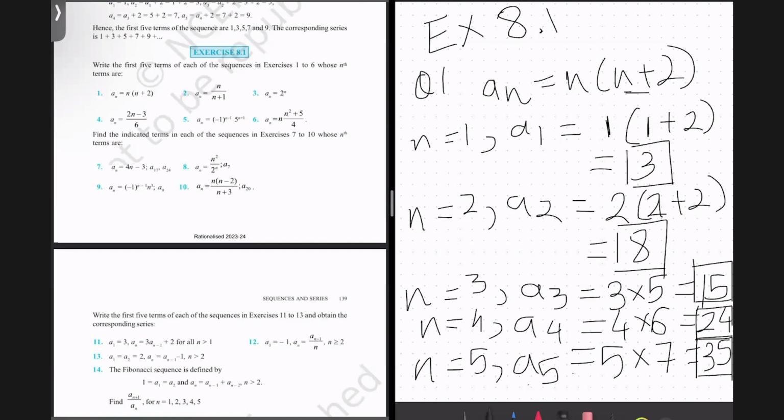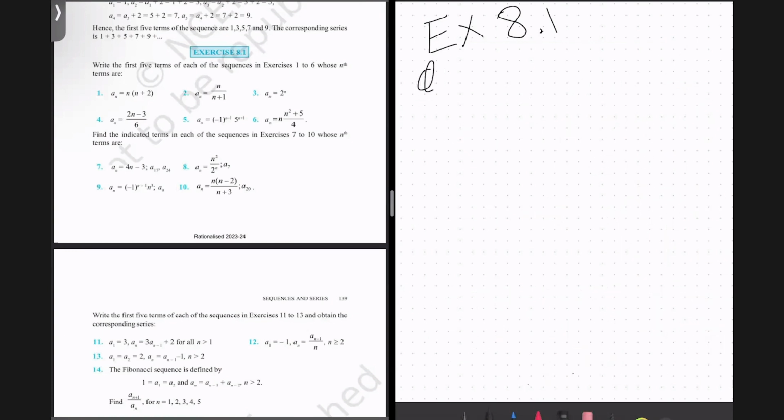Similarly, we are going to solve it for the next question as well. For question number 2, you have the nth term described as n upon n plus 1. So this is a very simple definition for any term belonging to this particular sequence. And as I did in the first question, I try to plug in the values of n equal to 1 up till n equal to 5, and that is how I'm going to arrive at the first 5 terms